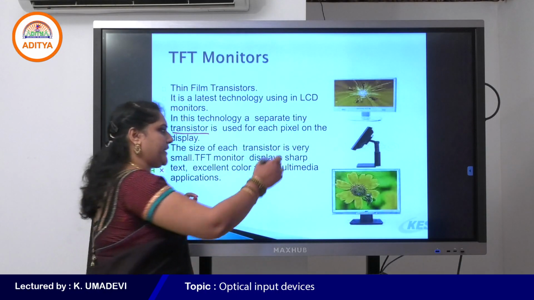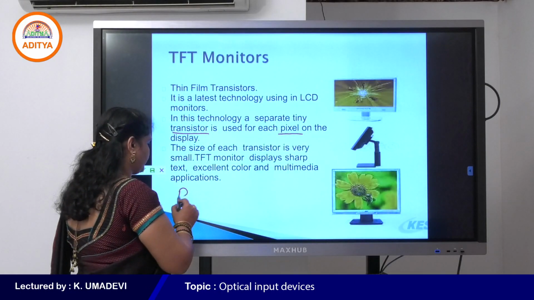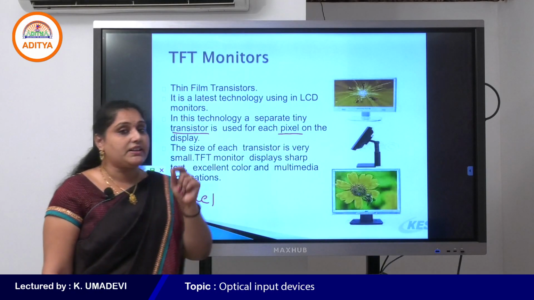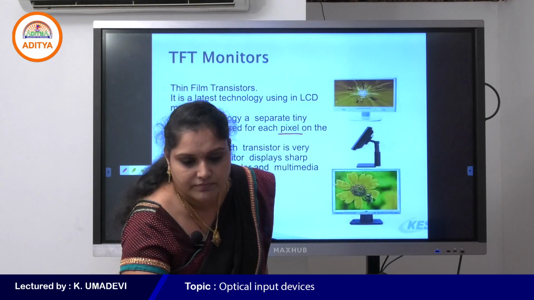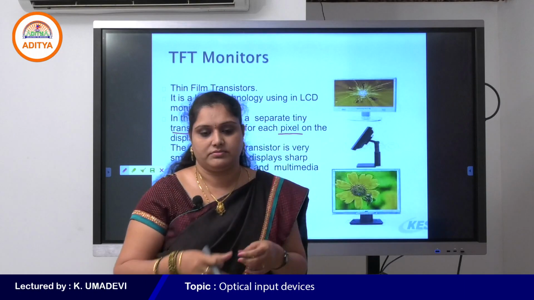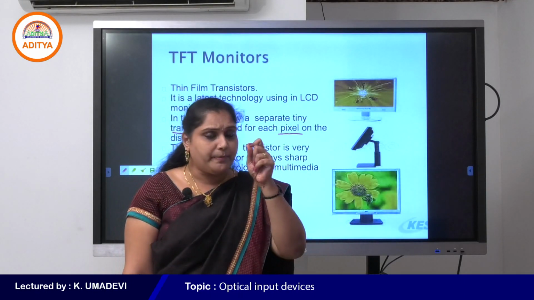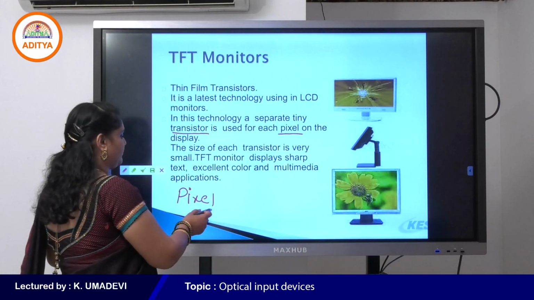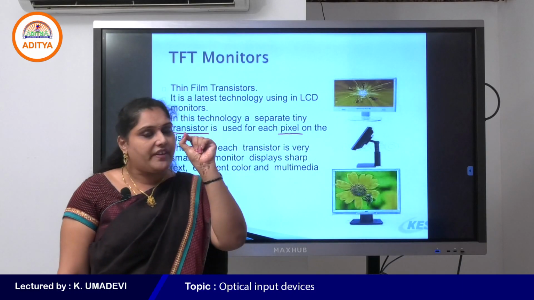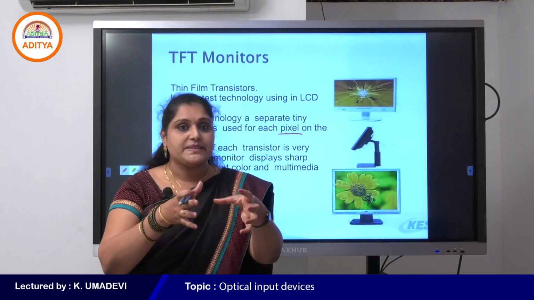What is meant by pixel, students? Do you know the term pixel? A pixel is one of the squares or dots that make up the image on a display screen.